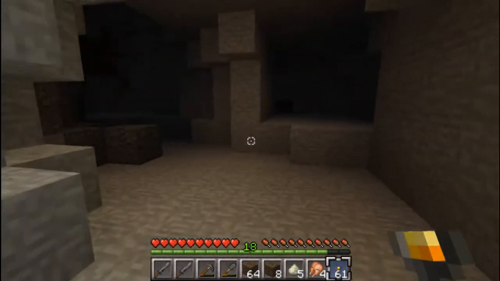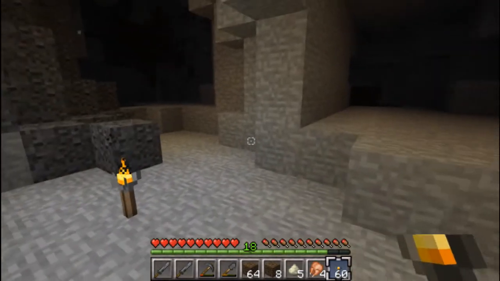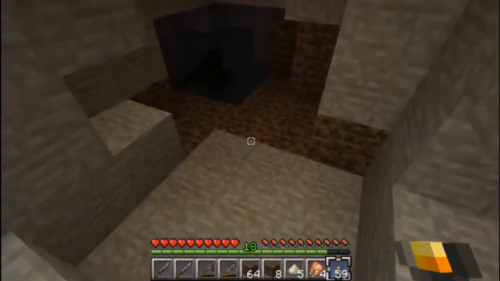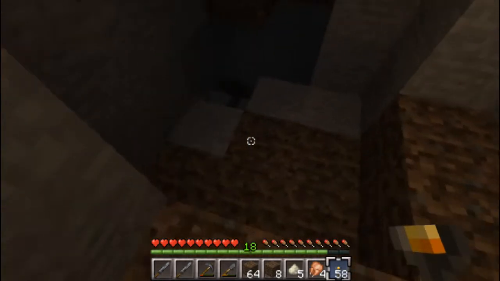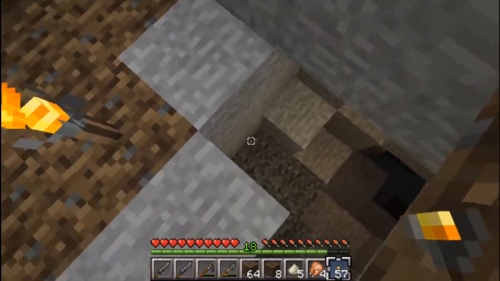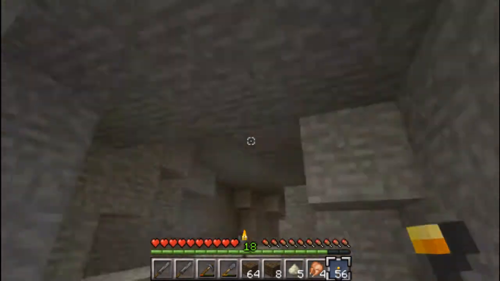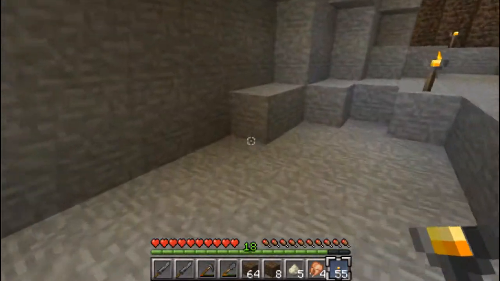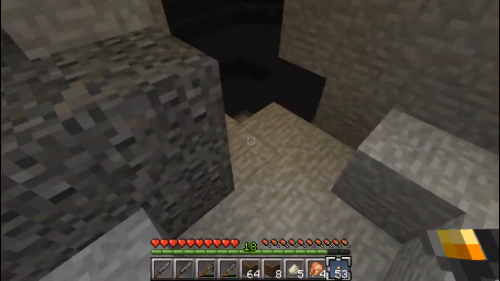Let's go take a look. And I know I'm passing up coal, but I like to light up a bit before I start digging everything out. I don't like having darkness right next to me, because that's the time that a little creeper's going to come out of the darkness and blow you up while you're mining some coal. So I like to light things up a little bit before I...